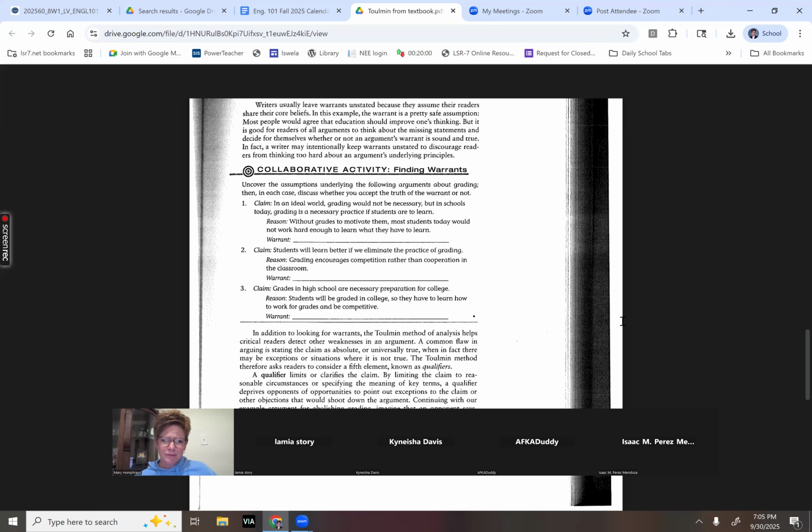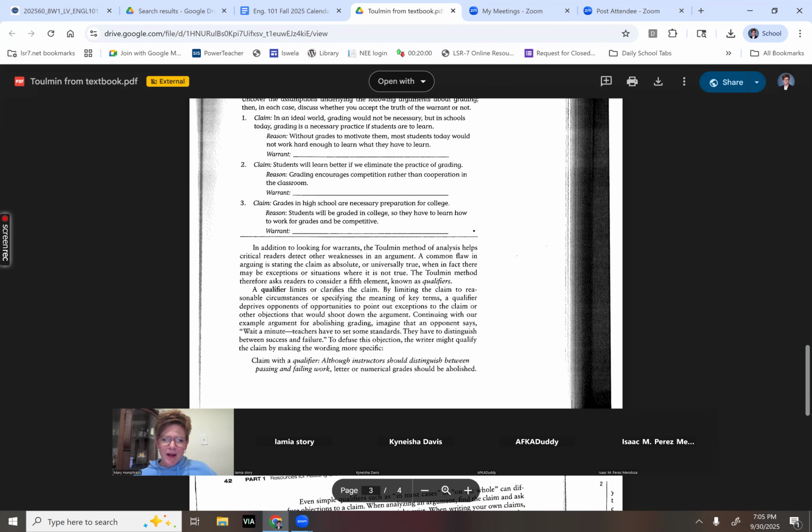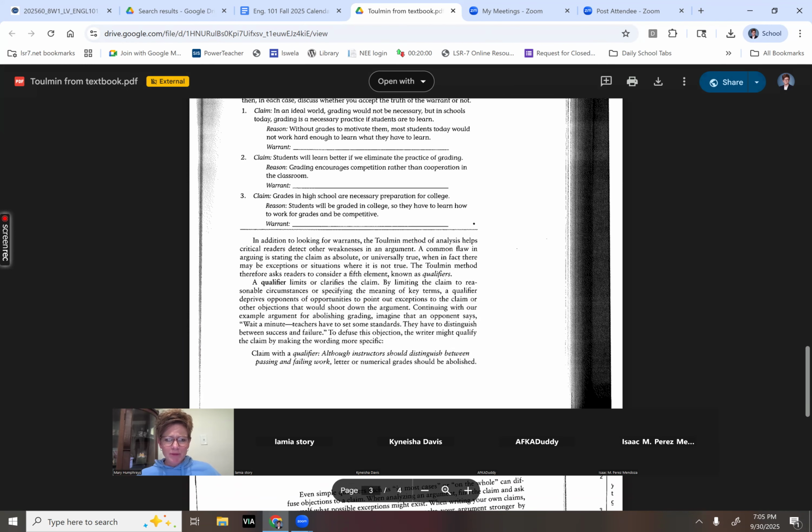Early exposure to grading helps students succeed later. Yeah. And if you don't believe that, right? What it takes to prepare students for college, a lot of assumptions there. Good. All right. I'm going to keep going. Okay. Warrants. Sometimes warrants are stated, sometimes they're implied, and we have to kind of work through them.